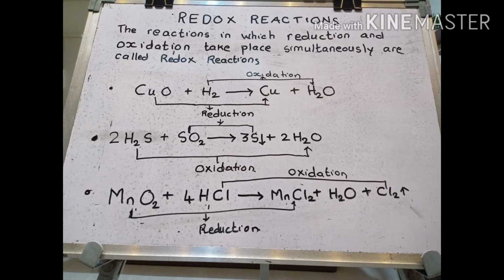You can see the reaction which you saw while studying the example of reduction reaction. So here in this reaction, you can see that copper oxide has lost oxygen and got converted into copper. So it is a reduction that has taken place in that reaction. On the other hand, the hydrogen H2 has gained oxygen and therefore it is an oxidation reaction over there. So you can see in this reaction, reduction and oxidation have taken place at the same time or simultaneously, and hence it can be termed as a redox reaction.